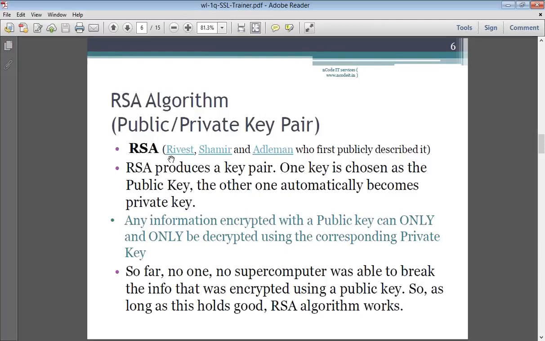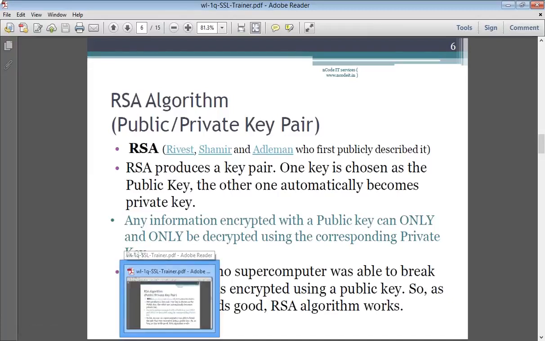The key pair, simply key 1, key 2. So let me just